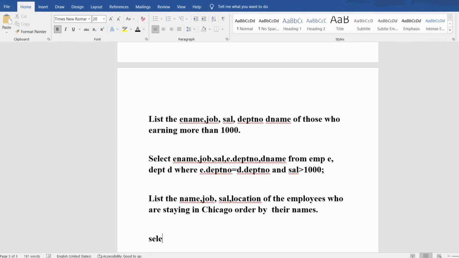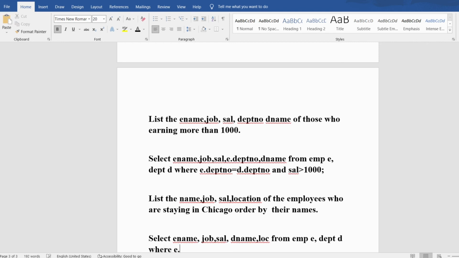I want to display the employee name, so employee name I can write as E.name, and the job as JOB, salary as SAL, department name I want to display. Okay, I will write D.name, location as LOC from EMP E, department D,